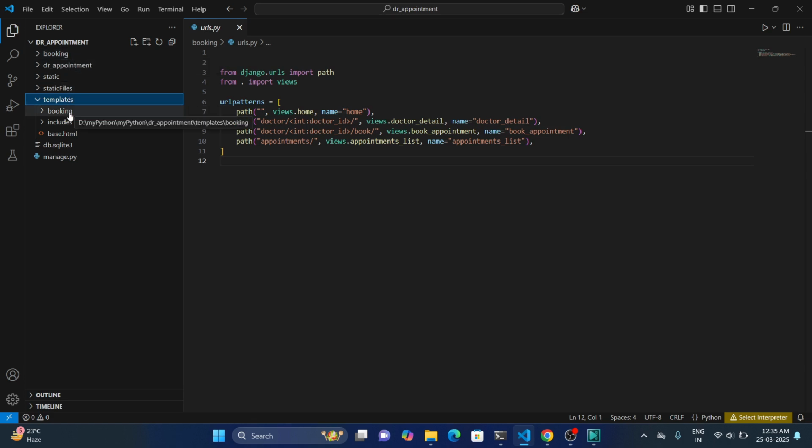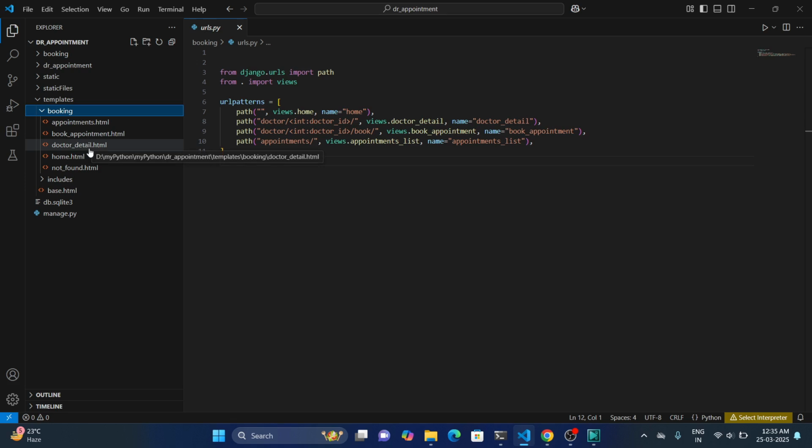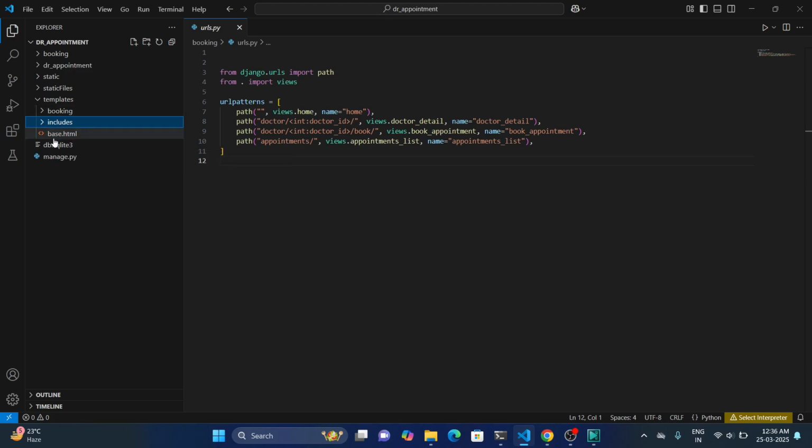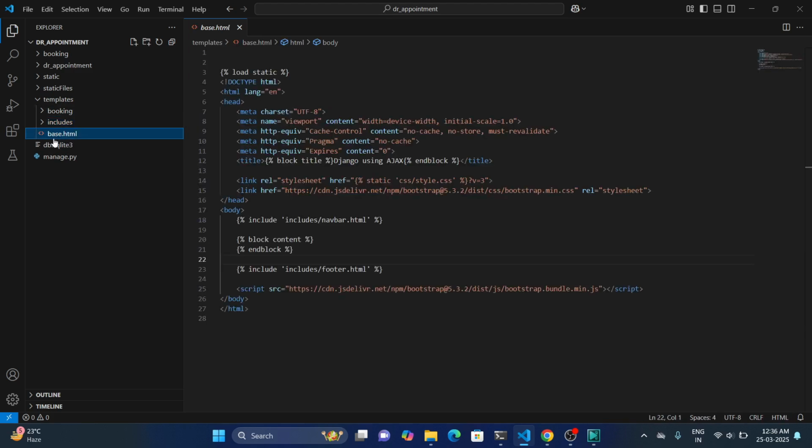Within booking I create the HTML templates which I need, and then I also create one folder named includes. Within includes I only store our navbar and footer, and within templates the base.html is here,